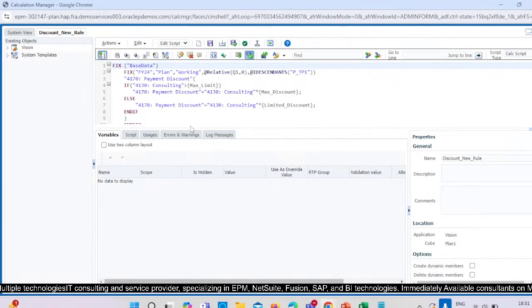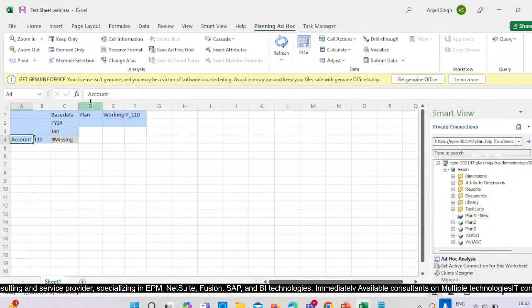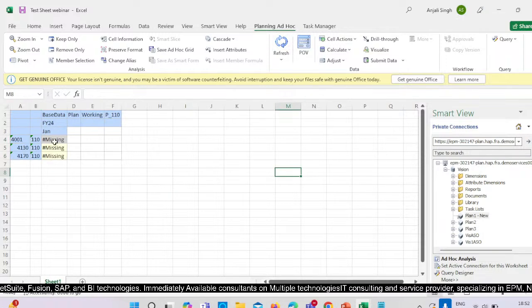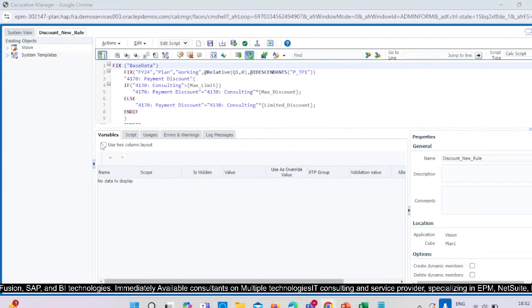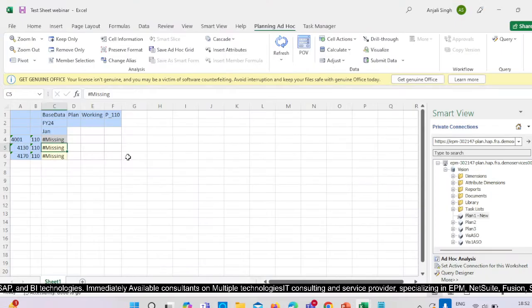And here I need to take 4130 and 4170. Okay, and here we can take the total revenue as well first. Now we will refresh this. Okay, so we'll enter some figure over here, and we want to see whether we are getting the correct result or not. So let's write here 1 lakh